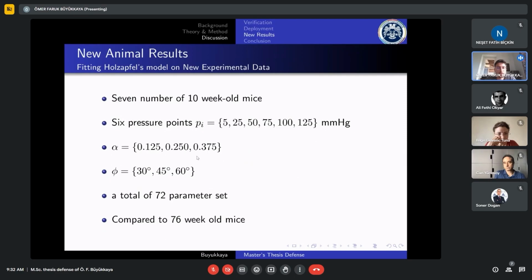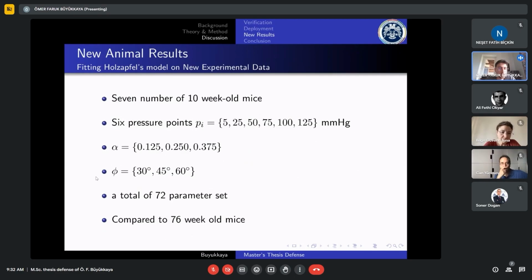We fitted the Holzapfel model again to our newly obtained experimental data. We have 7 individual 10-week-old mice. We measured the radius of the mesenteric arteries of them at 6 different pressure points, and in order to examine the change of the material parameters in case of the change in morphology of it,